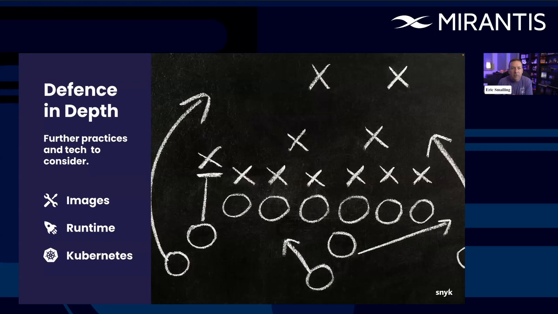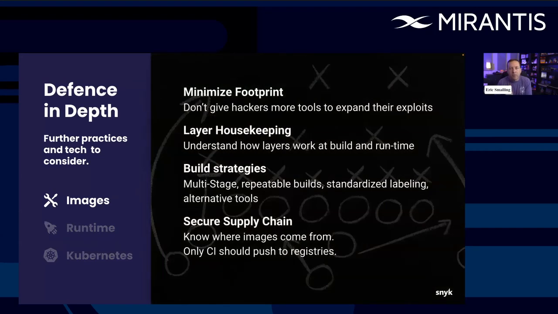And that is to practice defense in depth. There are three areas I'll touch on here: the images, your runtime, and then specifically some things around Kubernetes you can do. First of all, you want to minimize your footprint. The Dockerfile I showed you was using the official Tomcat image, even the newer version, but it's using the general version, which is based on a Debian-based image that has everything that you might need as a developer. There are smaller images. There are slim images. There are alpine images, which is a different thing we'll talk about. And then there are distroless, which are images that have just the bare minimum needed to run a JVM or something like that.